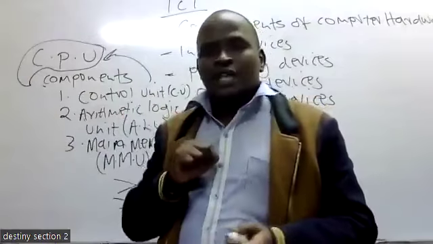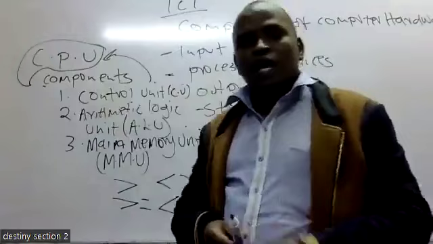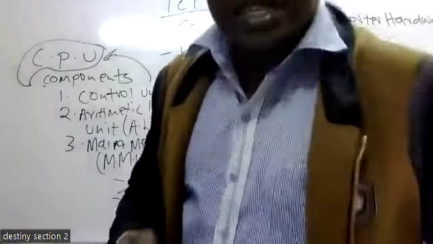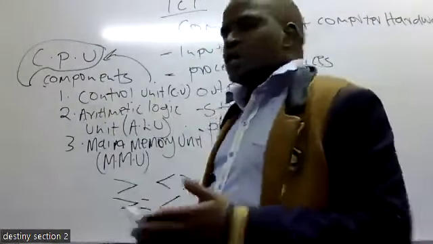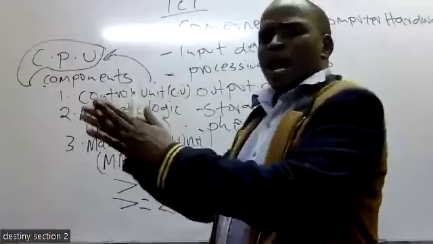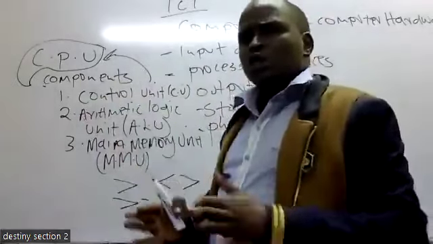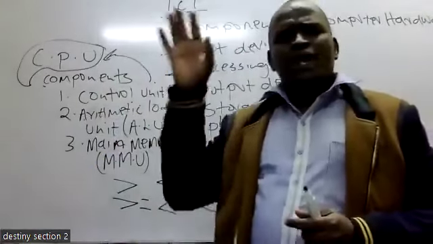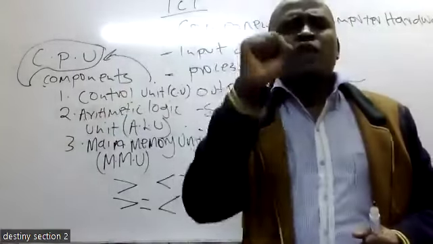So unafaa ukuwe mjanja. So usikuwe tu ukuwe plain. No. You know, they know that this student ako wewe ni mjanja na wao ni wajanja zaidi. So you have to be very keen, especially when you are solving those questions. It is one and the same thing. So from today onwards, my students, I don't want you to have any problem with the computer hardware. Tumesema computer hardware, they are the physical and the tangible components of a computer. And then we have only 5 components of a